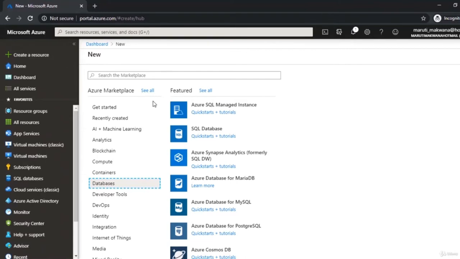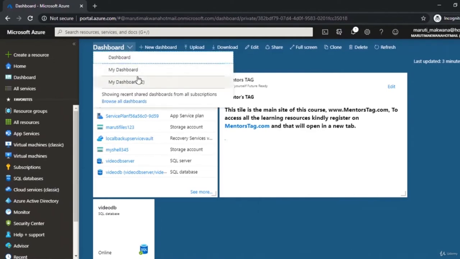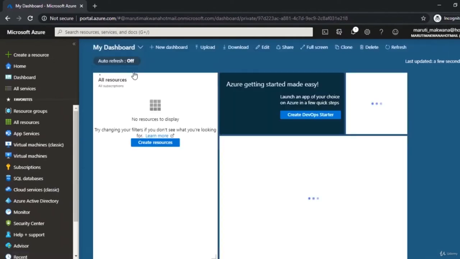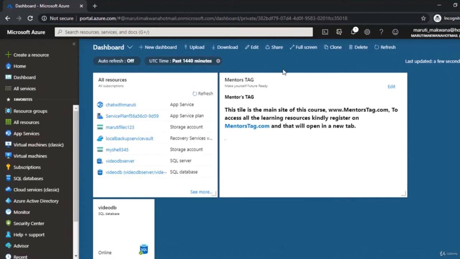Other than Azure Portal, there are people who use PowerShell, or they can even use this one which is known as Cloud Shell. We'll see Cloud Shell in some time, but right now I want you to understand different sections of this Azure Portal. Like you can see, when I close this thing, this screen which is visible here is known as the dashboard. If you want, you can add multiple dashboards here, and in different dashboards you can have different sections available. When you choose your dashboard, it's going to switch and show you whichever sections you have added into that.